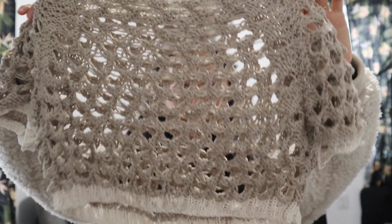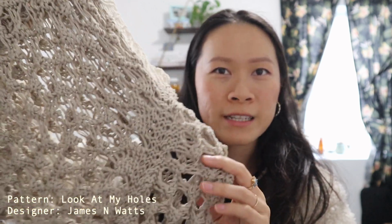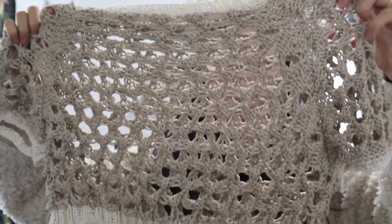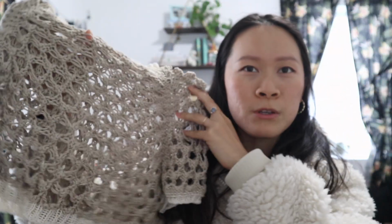So here's the first one. This pattern is called Look at My Holes from James N. Watt, and it's sort of like a fishnet type top. Not quite as thin as fishnet, but it definitely has these big holes that are pretty much see-through, so I usually wear a bralette under this, and I knit this for my Hawaii trip